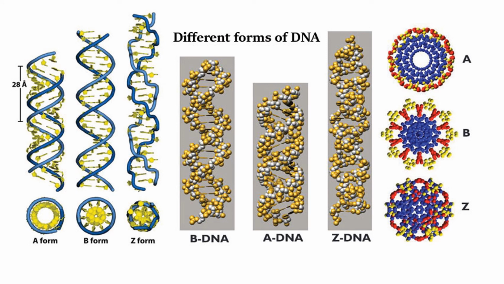These three forms of DNA have their own functions, and their forms depend upon the environmental and physiological conditions. But the most common type of DNA which exists under normal conditions is the B form, according to the Watson and Crick model. I hope this lecture has created a good understanding regarding the forms of DNA.